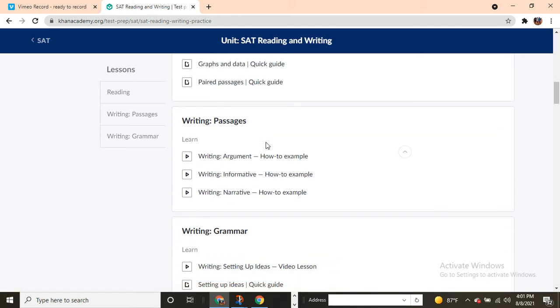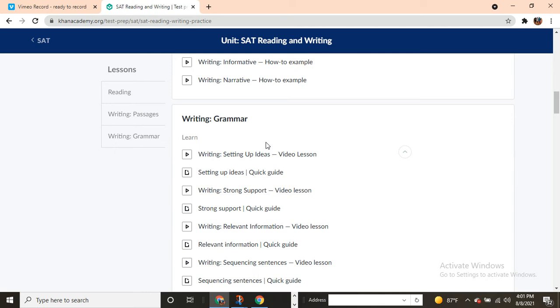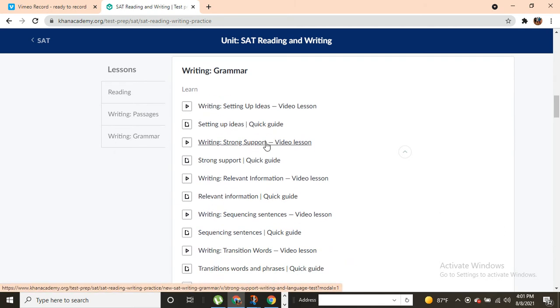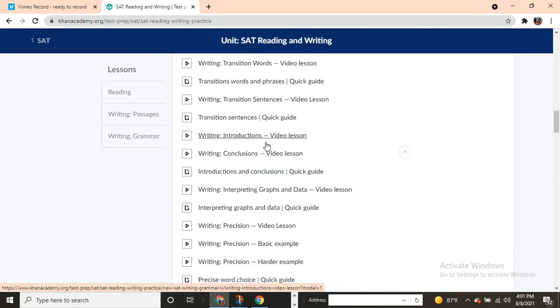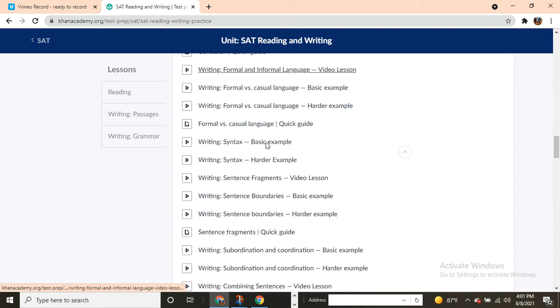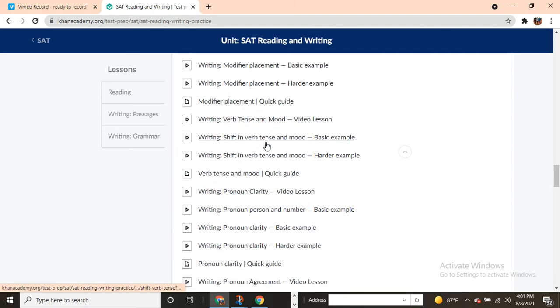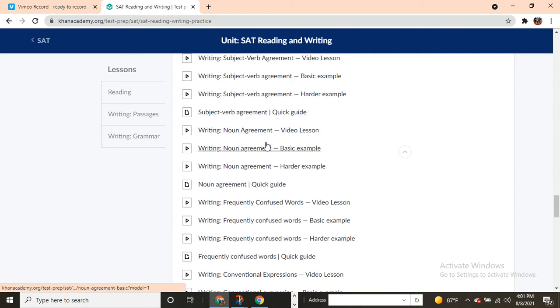In the writing passage, they have done the explanation well, as you can see. The writing grammar, setting up ideas. You can see writing relevant information. I've also talked about punctuation. You can see how to punctuate your sentence well. You can see verb tense and mood. So guys, as you can see,